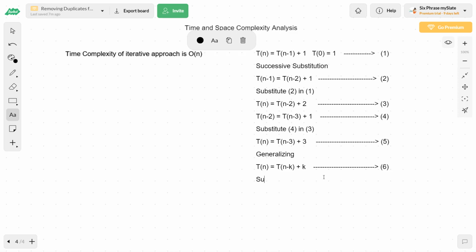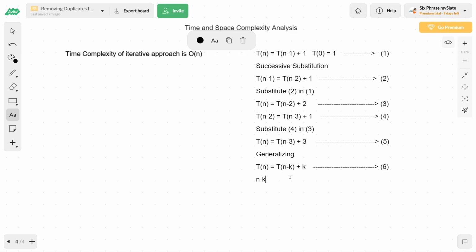Now what we need to do is we need to find the end point. Not substituting, we need to find the end point when it keeps on going, n minus 1, n minus 2, n minus 3, n minus 4. When it keeps on going, what is the end point? The end point will be 0 nodes left when n equal to 0. When will 0 nodes be left? When this argument value becomes 0, which is n minus k equal to 0.